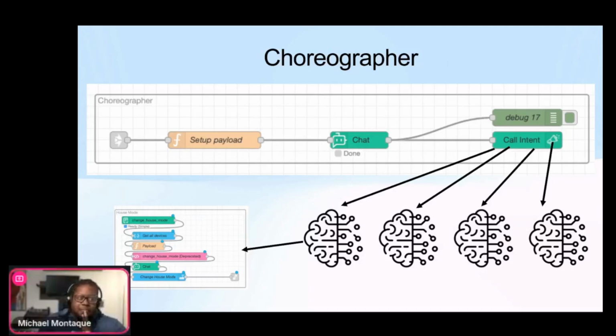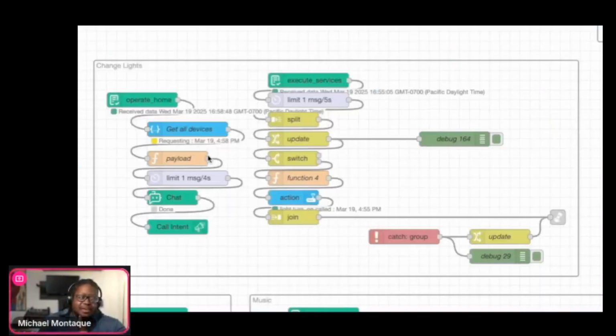Okay, so with all of that being said, I want to give you a high level idea of how this works. I want you to see this in action. I'm going to demonstrate the reasoning aspect of this setup. This is going to use my phone. It's going to execute a shortcut that's going to trigger a webhook.